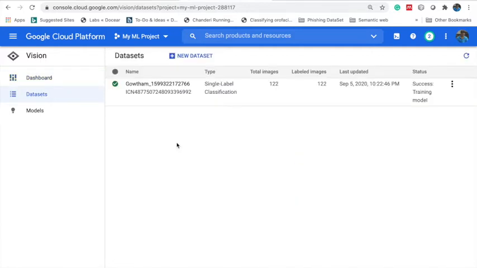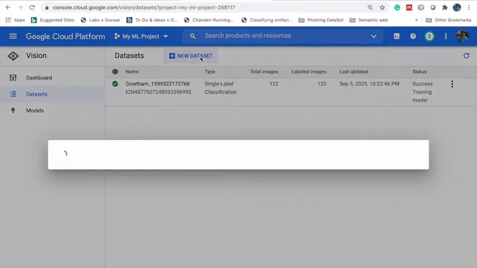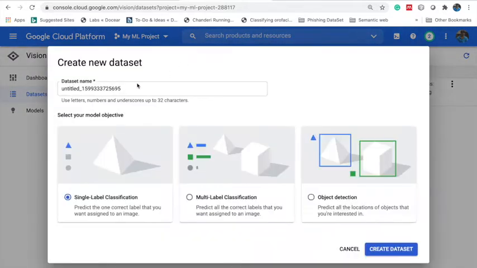In this particular place you can create your own data set. You can create new data set. You can specify name of your data set. I specified name of my data set as sample underscore some default numbers which are given by the GCP. And what is the objective of our model?